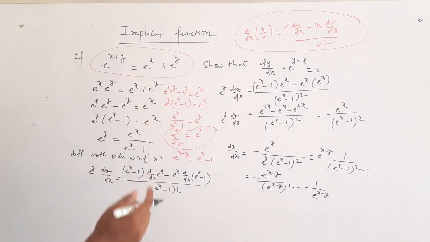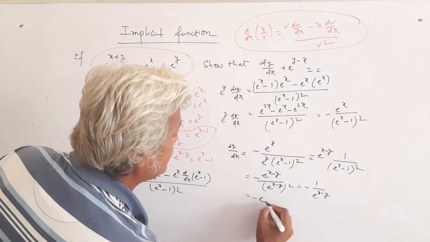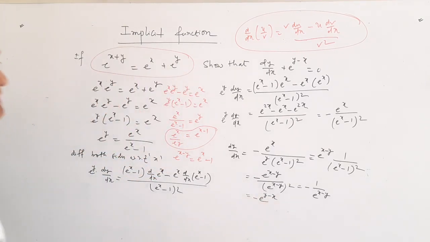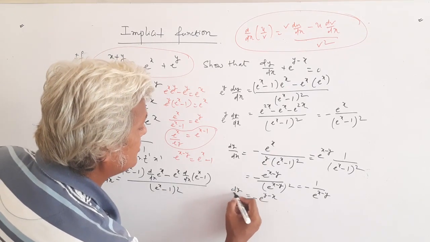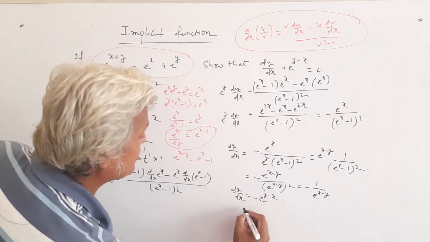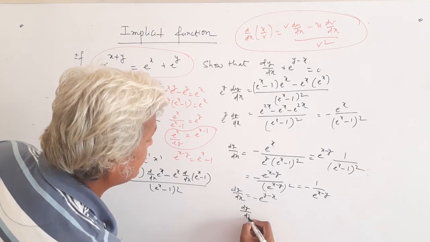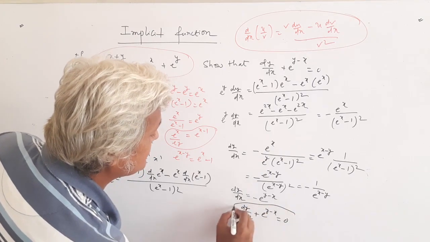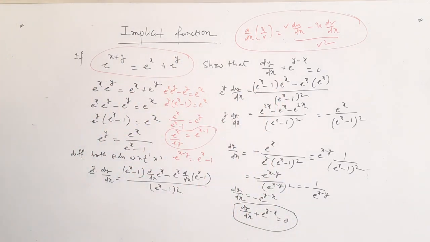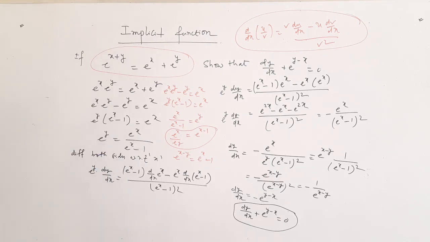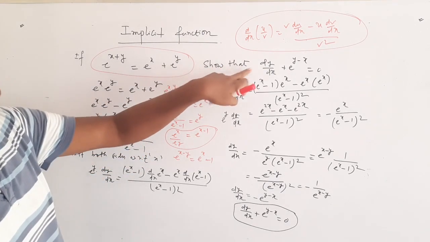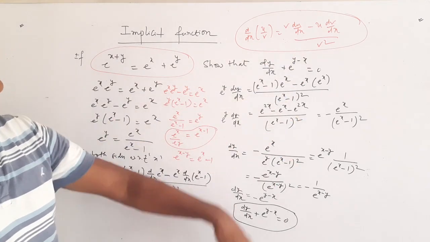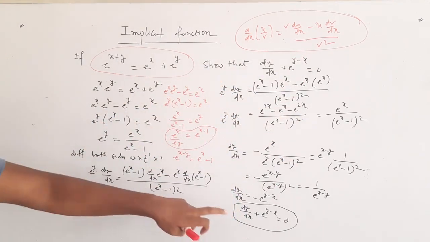Now take the indices up, and this will become minus e^(y minus x), and this is your dy by dx. Transfer this on this side, make it an equation: dy by dx plus e^(y minus x) is 0. This is the result. So this one looks like a special case. It is not the ordinary, because in the ordinary way if you go, then you can find your answer as minus 1. But since they have specifically asked you to show that dy by dx plus e^(y minus x) equal to 0, this is the only way you can get this form.